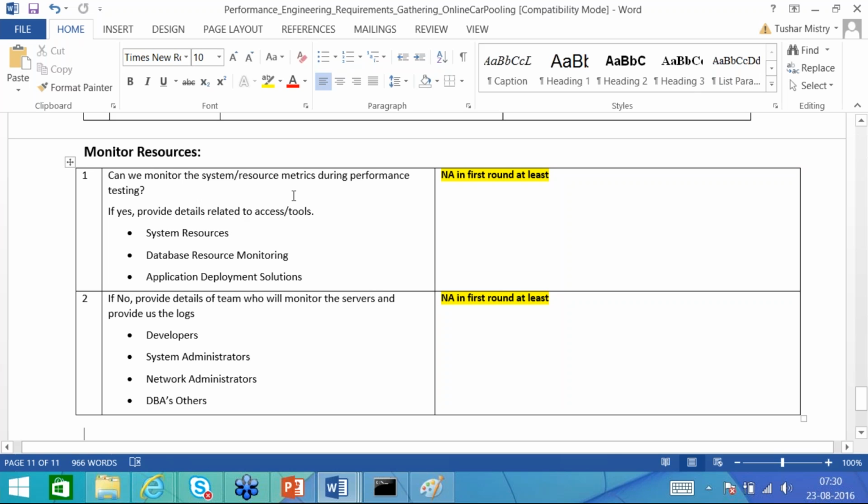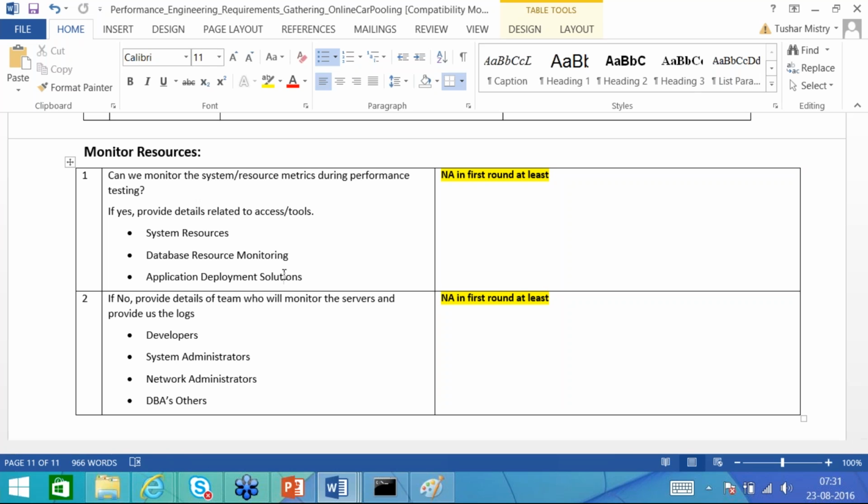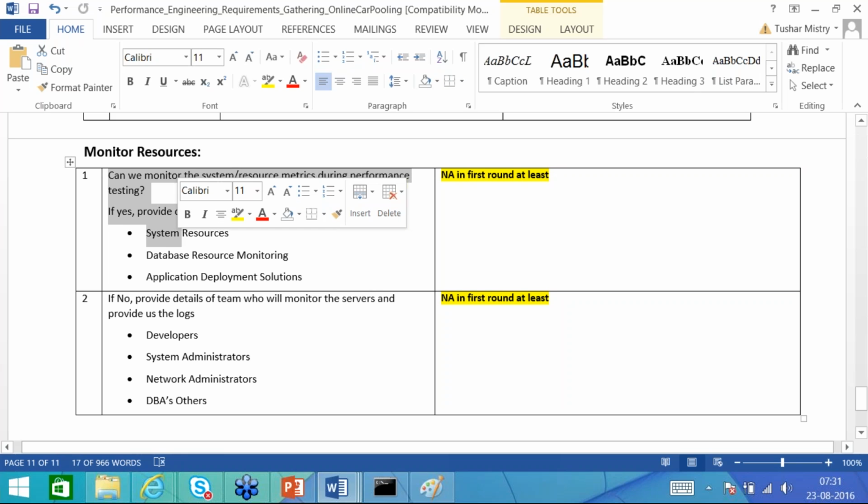If we are not doing the monitoring, then please provide the details of the team who will monitor the servers and provide us a log: developer, system administrator, network administrator, DBA, others. These are the monitoring resources we might be thinking about, whether we are monitoring our application or not. Depending on that, the client will decide whether they will provide us user access or their team would be monitoring.